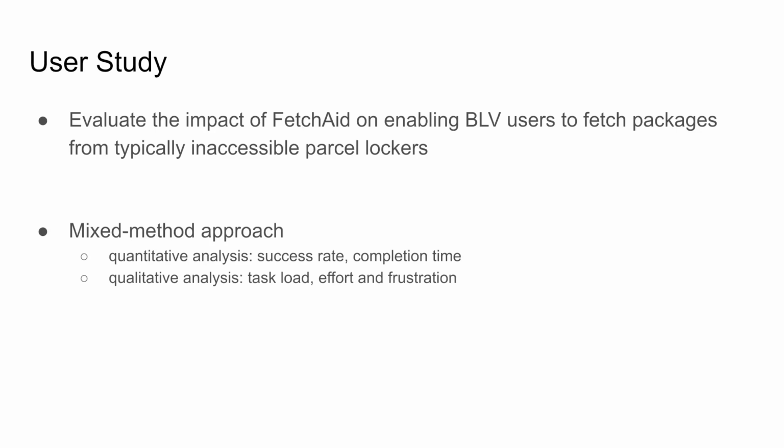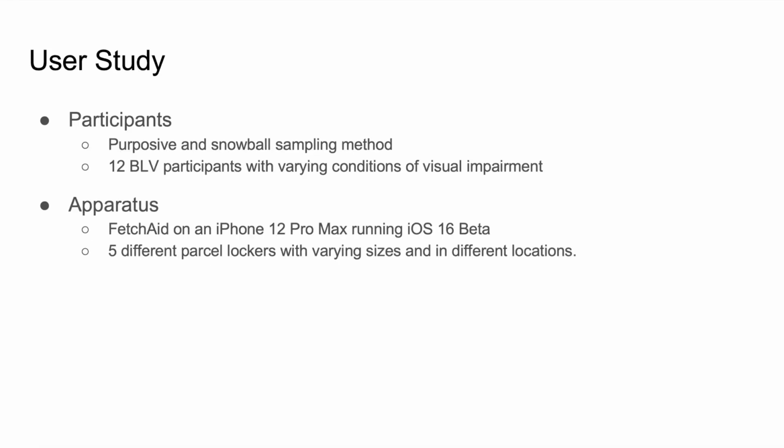And we decided to leverage a mixed method approach, meaning that we will be collecting quantitative data and analyzing the success rate and completion time. We will also focus on getting qualitative insights from our users in terms of task load, effort, and frustration. So we used purposive and snowball sampling methods that eventually led us to successfully recruit 12 BOV participants with varying